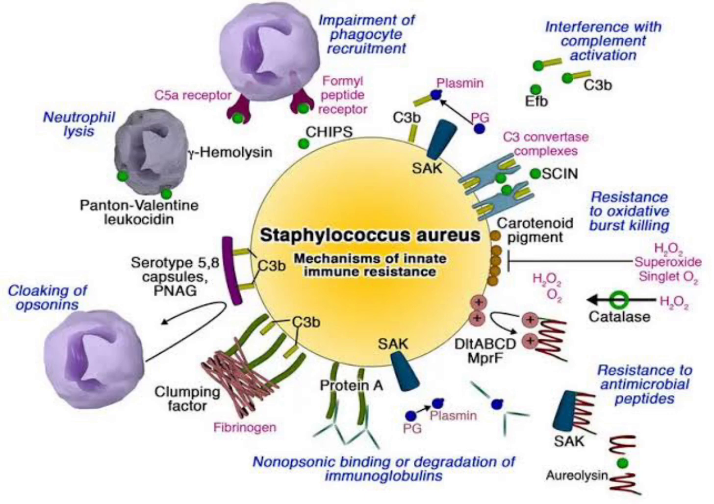Some of the most important virulence factors of S. aureus are surface proteins. These include adhesins that mediate attachment to host cells and tissues, such as fibronectin-binding proteins, FNBPs,